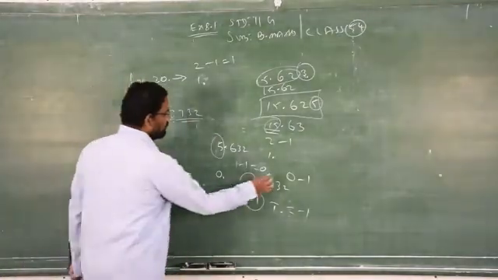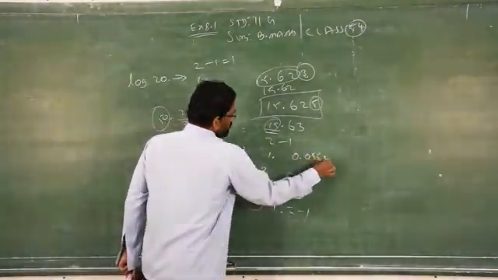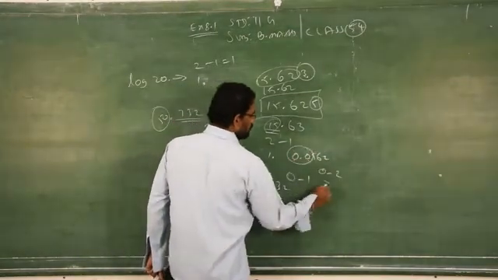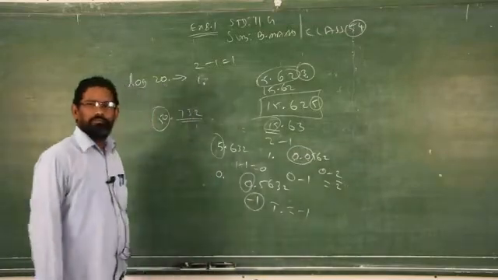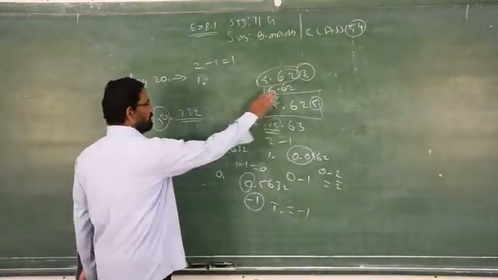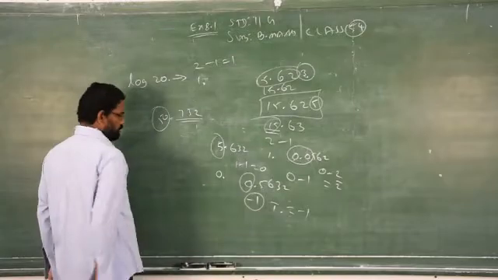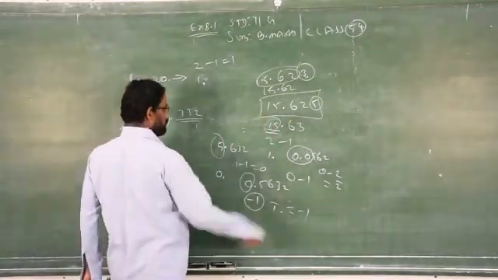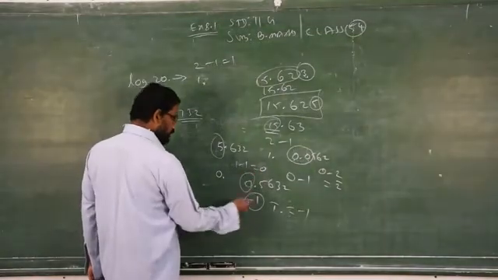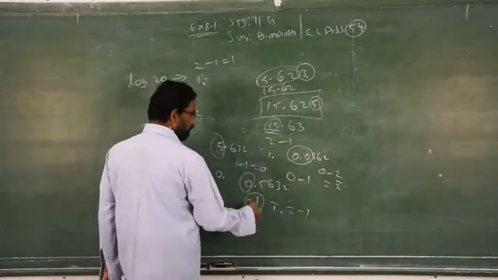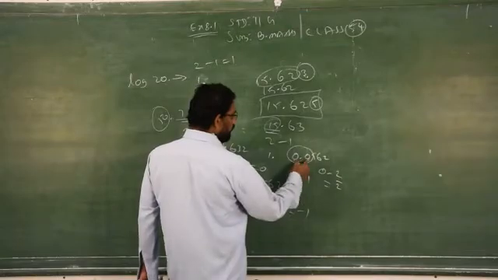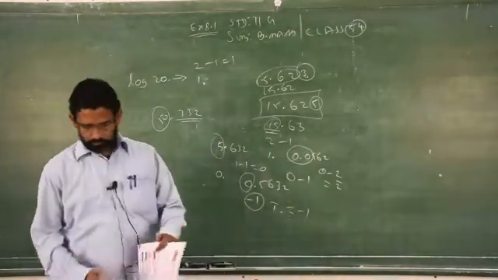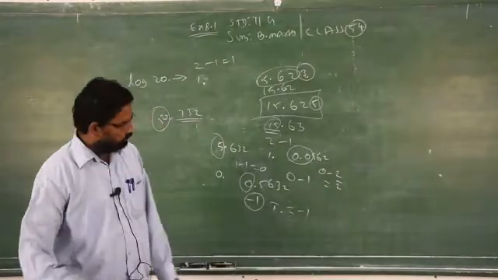Here, if you have one more 0, so 0.0562, how do you do that? Here 1, there 1. So 0 minus 2, that is 2 bar. Clear? So in such a way you have to take the characteristic. This is the basic concept: number of digits in the integral part minus 1. Here the number of digits is nothing, so 0 minus 1 is 1 bar. Here we have 0 digits, and again we have 0. So 2 zeros are there, therefore you have to write 2 bar.